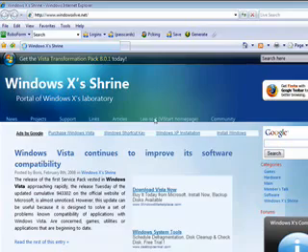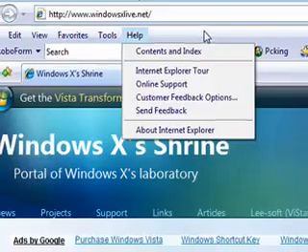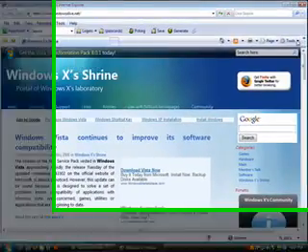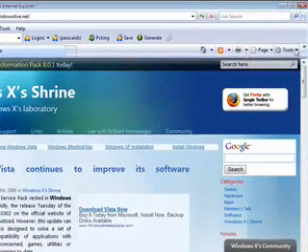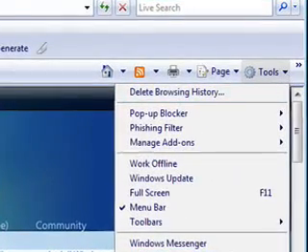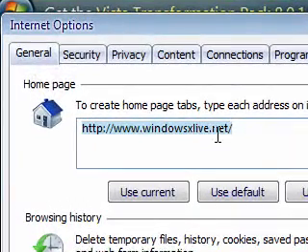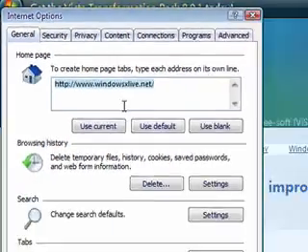Okay, with your Internet Explorer open, this is version 7. Most of you will have tools up here if you upgraded from 6. If you did a straight install, your tools is going to be over here. Either way, you want to click on Tools, go to Internet Options, and it's going to open on your General tab, and this is going to list your home page, and you can change that to any page you want